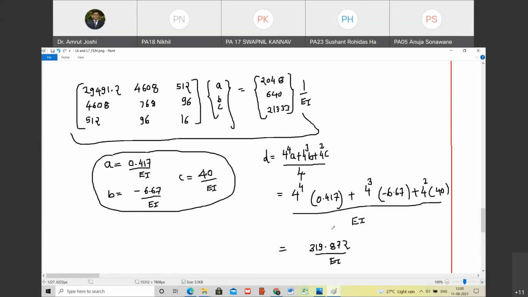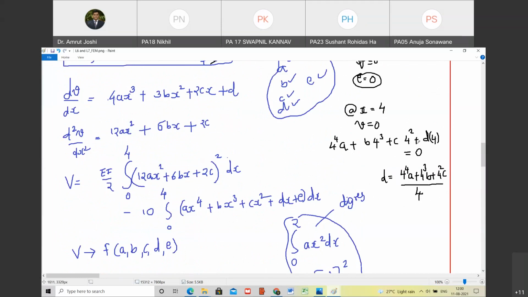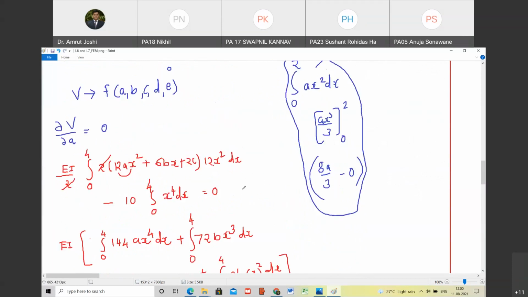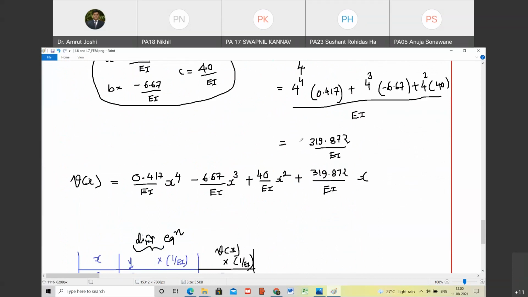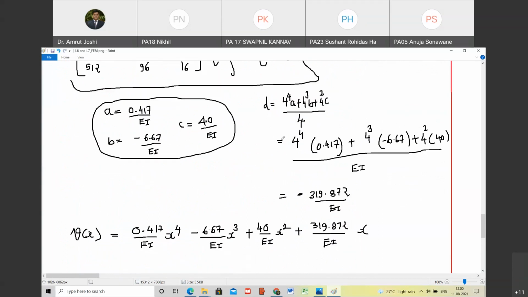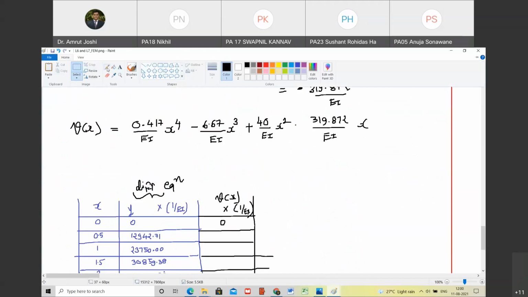Yes, sir. So D is not found out correctly. What does that mean? This D is negative. I am very sorry. This D goes to this side, so it will be negative, right? Yes, sir. So therefore this D is negative, and this value should be negative. Happy? Are you with me? Yes, sir. So negative here. Now tell me how much it is once you make this as minus.